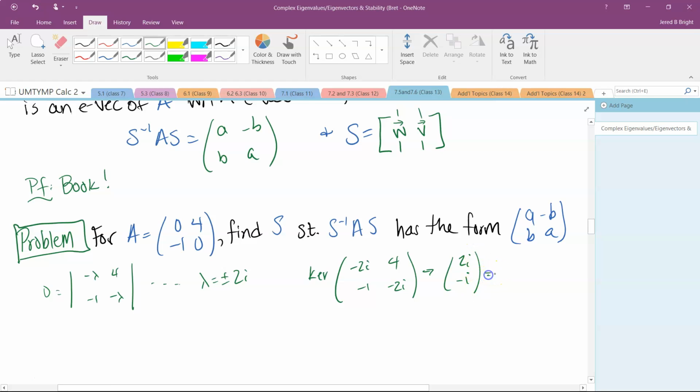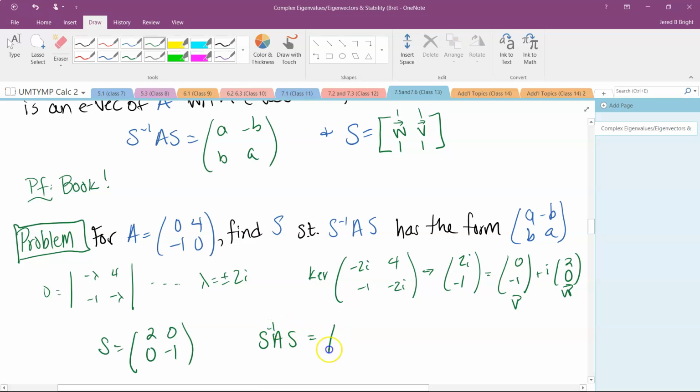If we break this into real and imaginary components, it would be 0, minus 1 as the real part, plus i times 2, 0. So this is the v plus i w form. That means S is going to be the matrix 2, 0, listing the imaginary first, followed by 0, minus 1. Then if I were to compute S inverse A S,